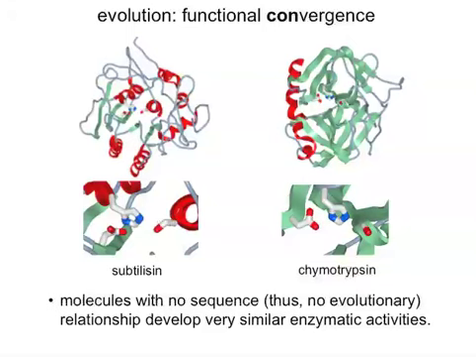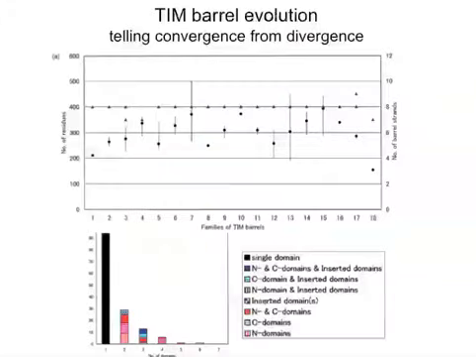If we look at the structures of subtilisin on the left, chymotrypsin on the right, here you can see those active sites again, organization of those 3 amino acids identical, totally different structures. No sequence relationship, no structure relationship at all, aside from the way those 3 residues are assembled. So we've got no sequence relationship, therefore we've got no evolutionary relationship, and yet we've developed a similar solution to a chemical problem, that is hydrolysis of a peptide bond. Neat idea. I believe this is my last slide, so I'm going to finish here by saying that